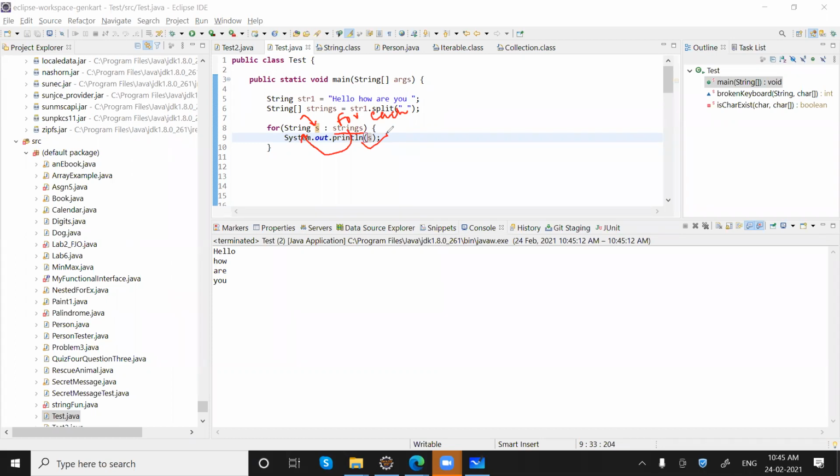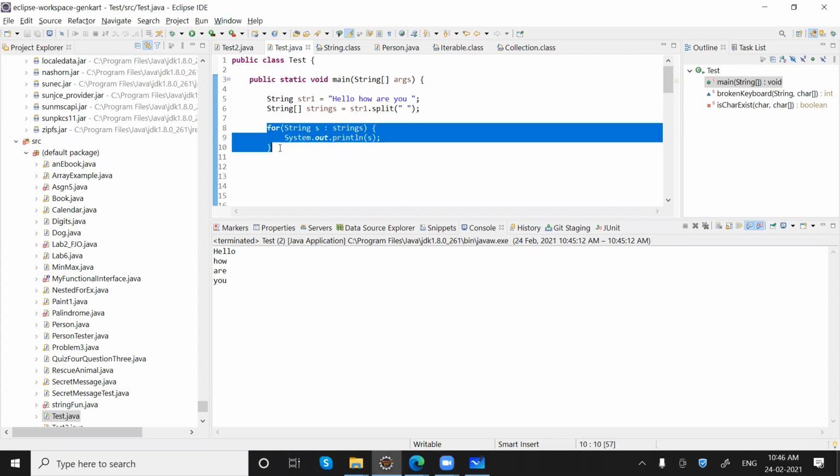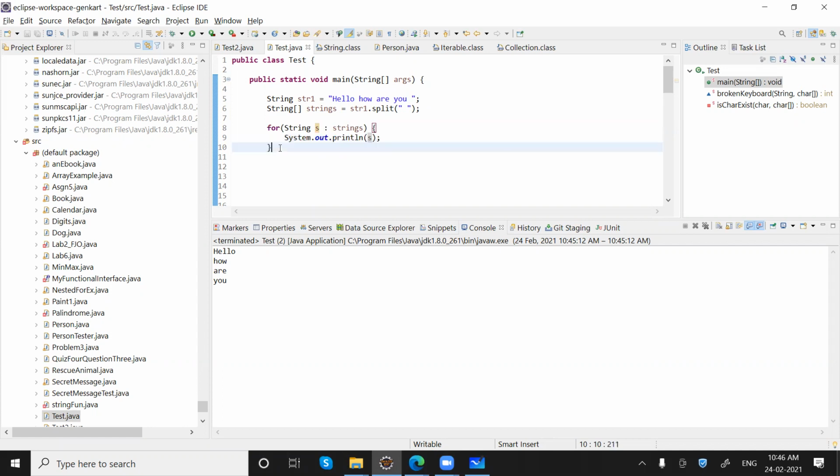Like in this, we cannot skip any object. Getting my point? It will start from the beginning and go till the end. So this is the basic syntax we can use while writing a for each loop. Let's take another example.